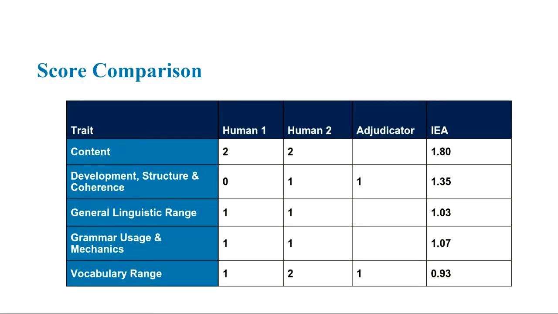And we have reliability studies in the first place, so we get human raters to mark the traits and then compare them against the IEA, the machine scores. If there's any severe difference between those two, we would assume that the human raters are right, and we would not use that within the engine.